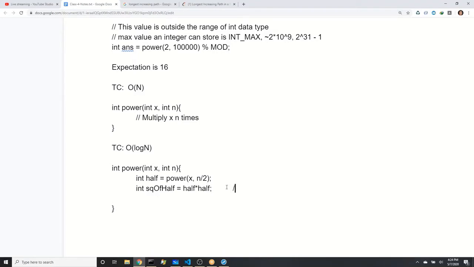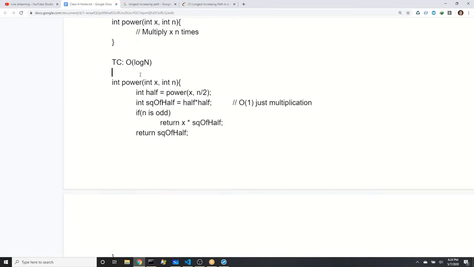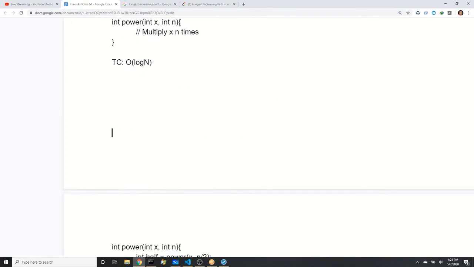Now once you get the square, you say if n is odd, you will return x into square of half. Otherwise, you will return just the square of half. Do you all agree that this solution will also work?